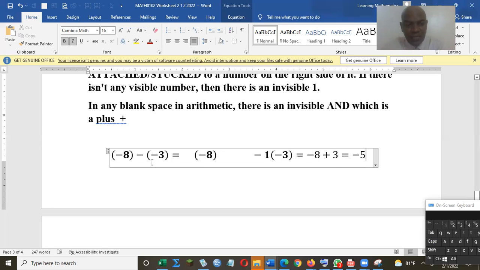That is actually -8 plus 3, because a negative times a negative is a positive. -8 plus 3 is a -5. Please take note of these important points with regard to negative numbers, adding and subtracting negative